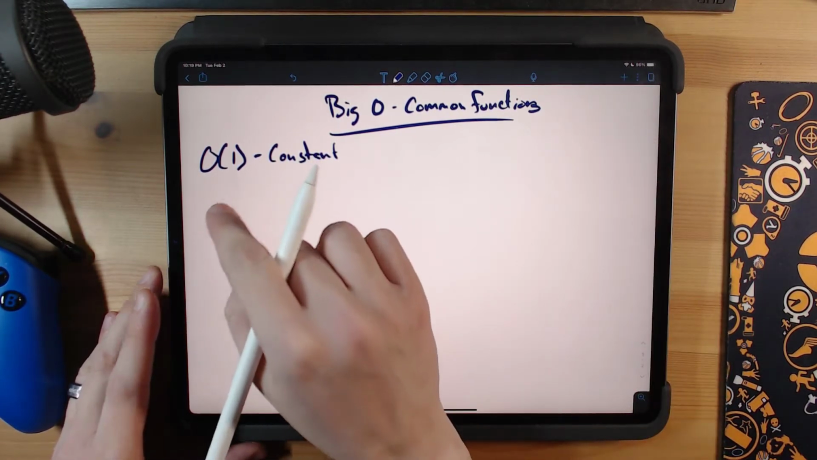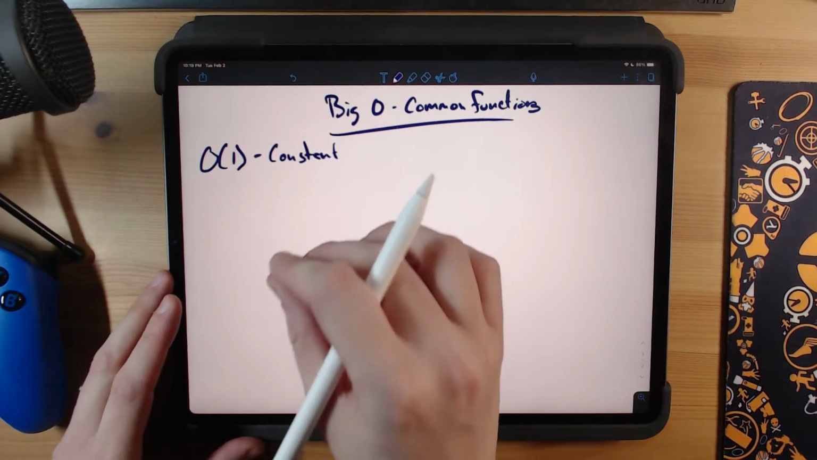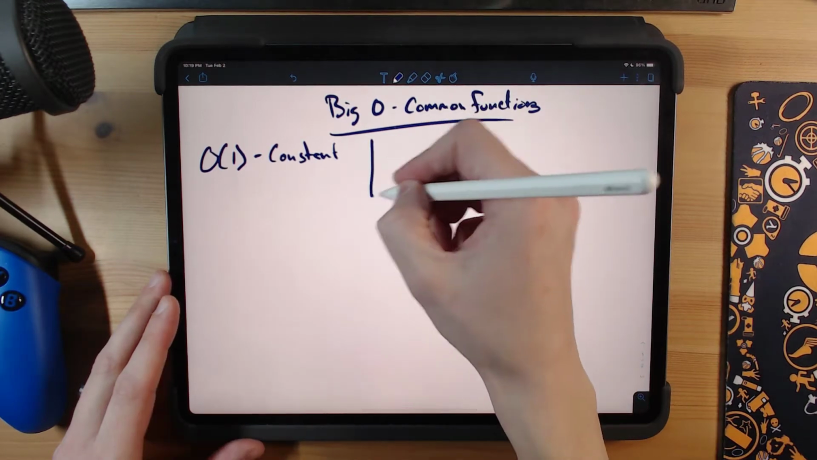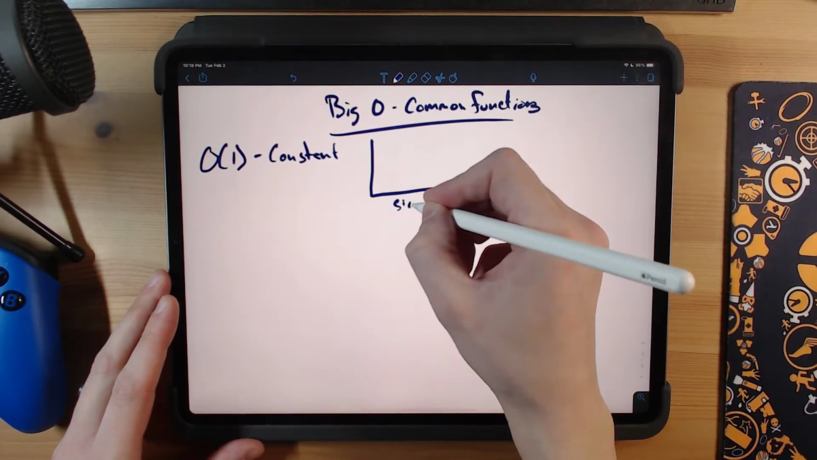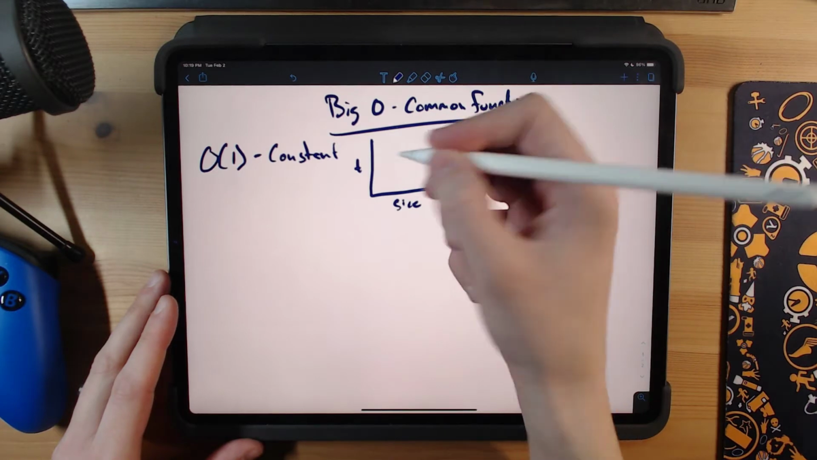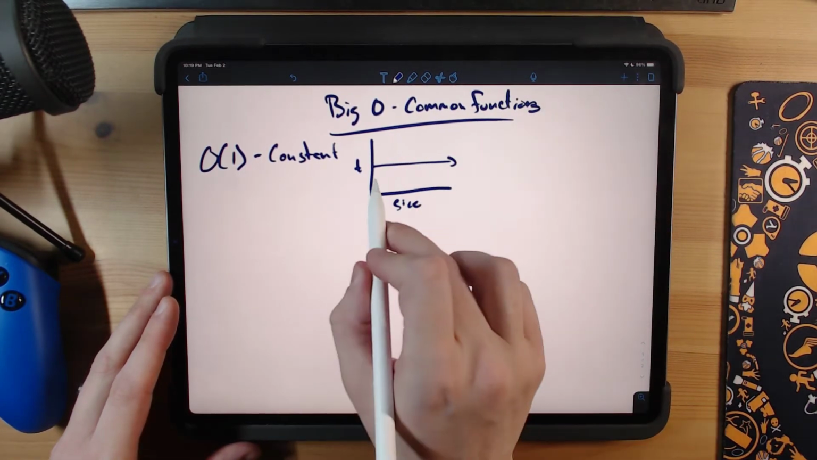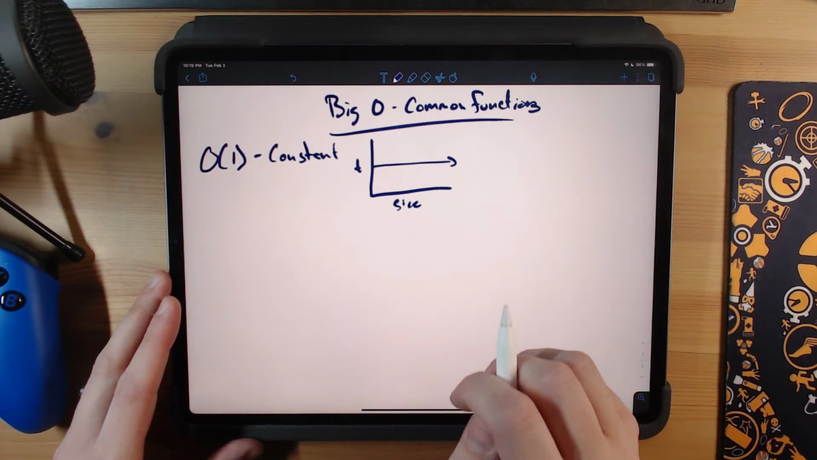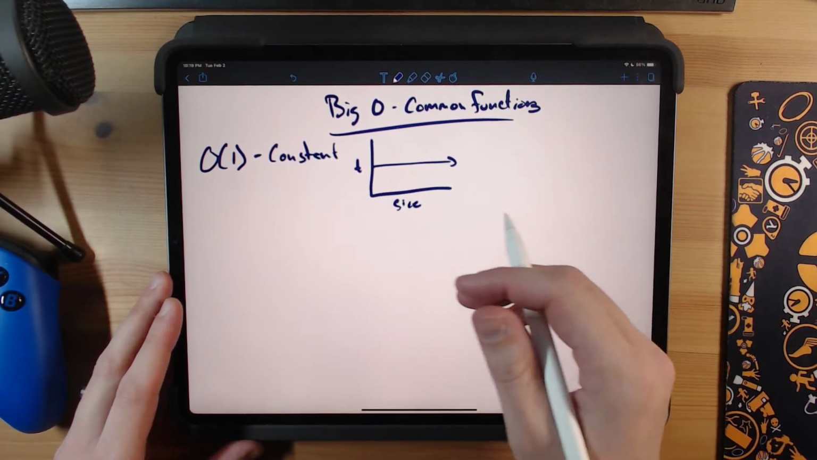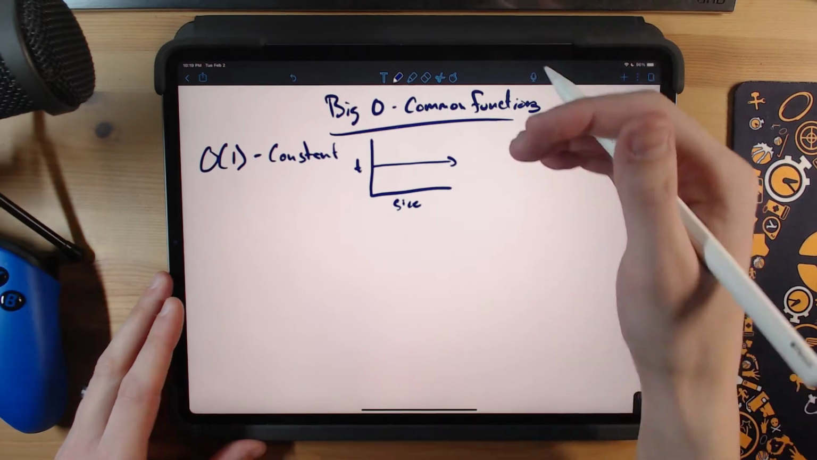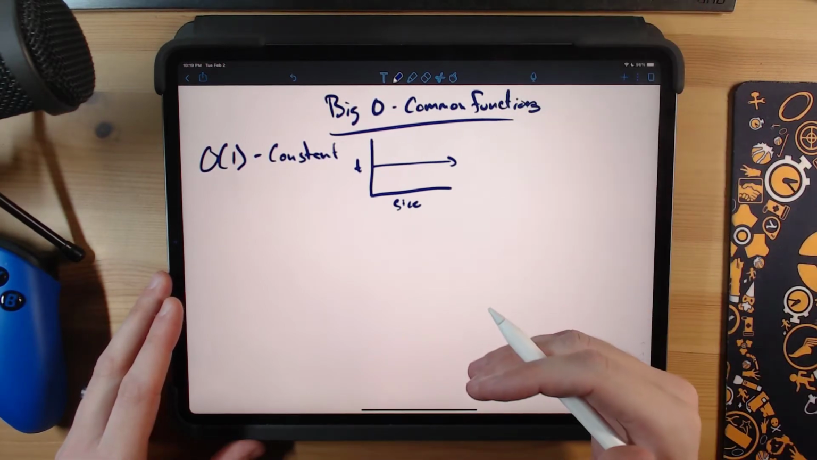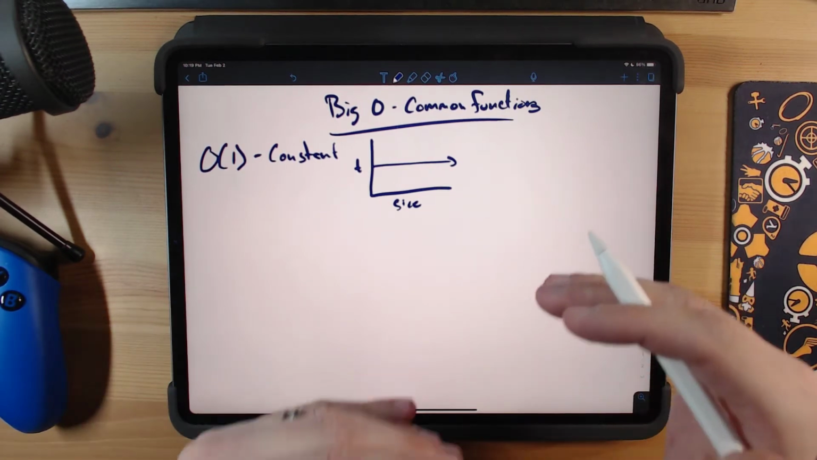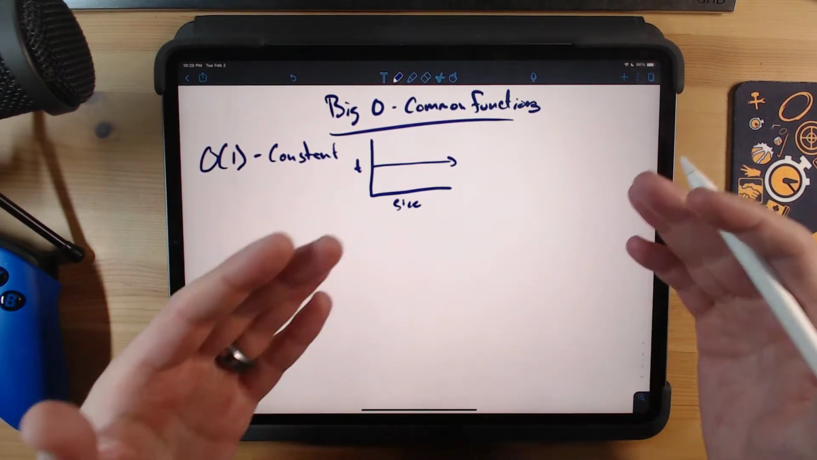This doesn't mean that it only is one operation. It means that it always takes the same amount of time. So a graph for this, where you have the size of your input and then you have the time, is going to look something like this. It's the same amount of time no matter how big the size of your input gets, right? This is something like if you're returning a single value, or if you do a bunch of different math, it could be like 20 or 30 operations,